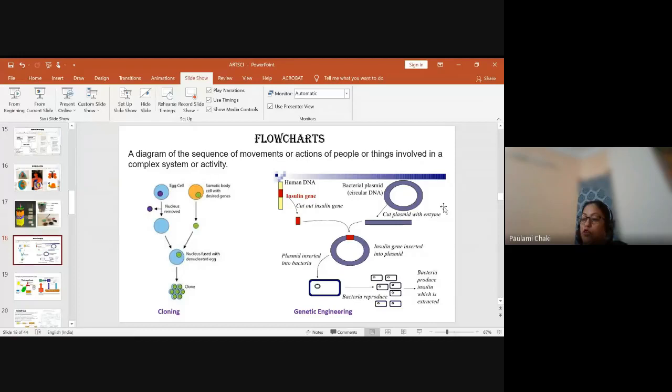Then if I come to chemical effects of electric current in grade 8, the electrolysis process and electroplating process can be easily understandable. You can make it understandable through the flowchart. So we can ask our students to do that. Then why do we fall ill? Types of diseases can be beautifully portrayed through flowcharts.